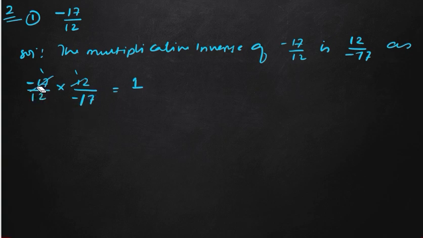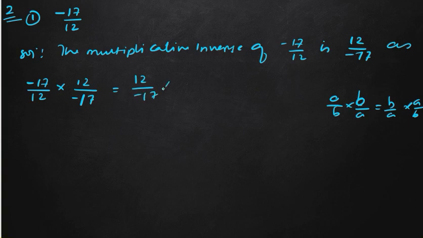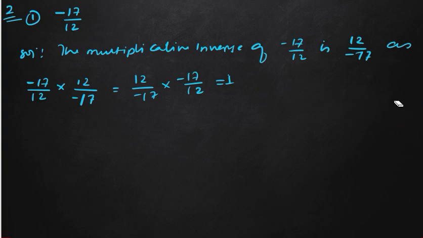Okay. So there is no need to cut; directly you can write this answer. Either write this, because we have to write a by b into b by a, or b by a into a by b equal to 1, in this form. So 17 by 12 into 12 by minus 17, or 12 by minus 17 into minus 17 by 12, both will give the same answer. So you just have to write this in every case. Okay. So I think all the questions will be easier.